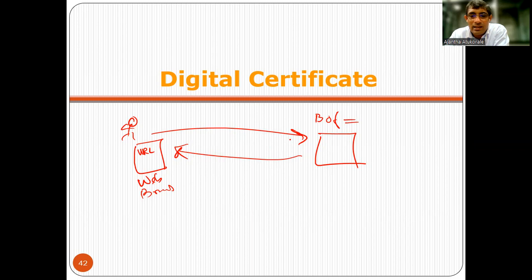So once you send the request, I want to log in, I want to connect to the bank's portal, right? So then the bank will give you a page and then it asks you to log in. So then you have to put your login ID and the password. But now this has to be securely sent. So how to do that? You have to encrypt this data using